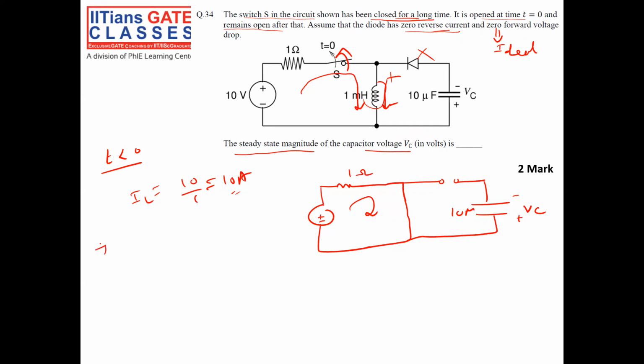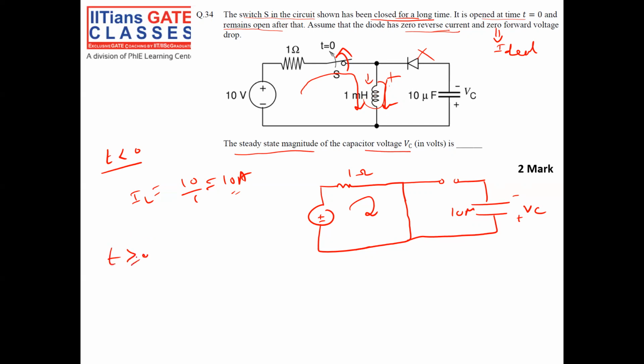Again, let me repeat. At t less than 0, 10 ampere current is flowing through the inductor. When at t equal to 0, we open the switch, right? The same current should flow through the inductor, because the inductor current cannot change instantaneously. If it changes instantaneously, the voltage drop in that inductor, L di by dt, will be infinity, which is not possible. So for making the current flow in the same direction, what will happen? The inductor voltage will change. How will it change? For